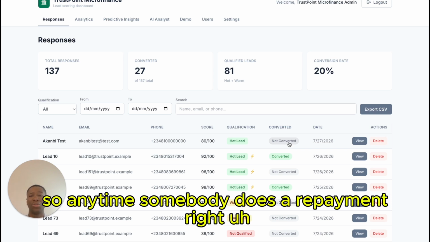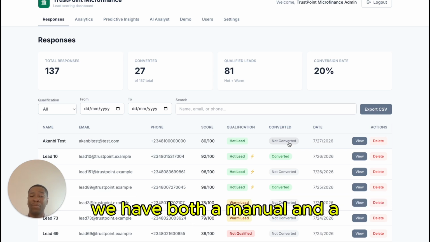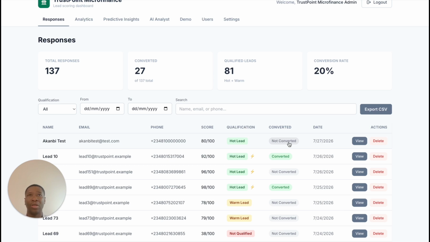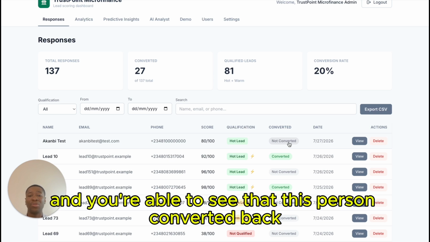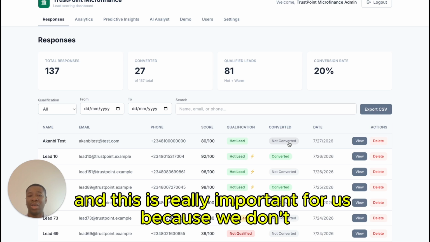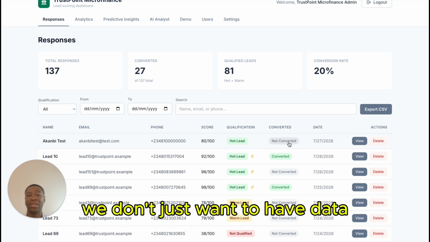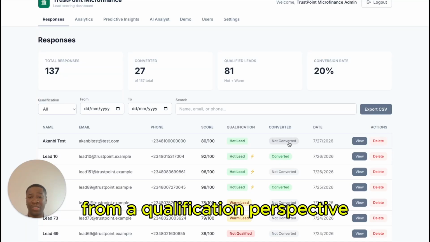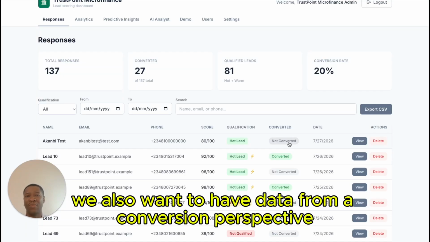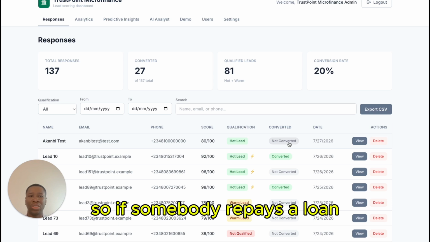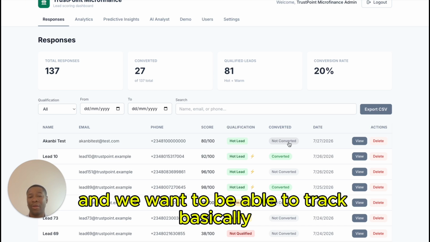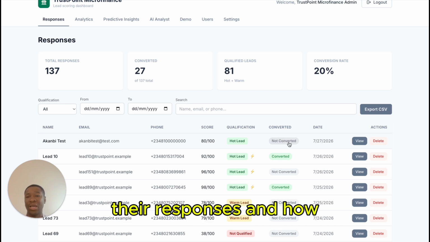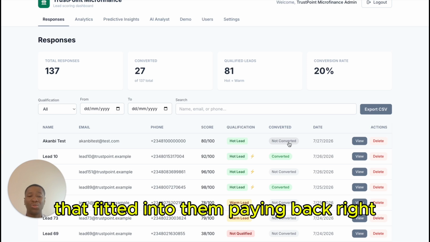So anytime somebody does a repayment, we have both a manual and an automated process for this, so that you are able to see that this person converted back. And this is really important for us, because we don't just want to have data from a qualification perspective. We also want to have data from a conversion perspective. So if somebody repays a loan back, or they make any form of repayment, we want to be able to track that, and we want to be able to track their responses and how that fitted into them paying